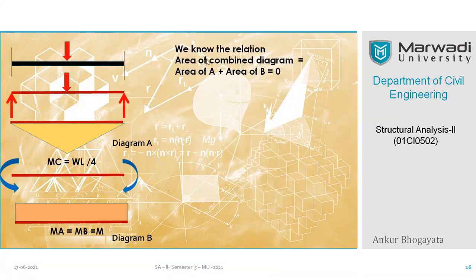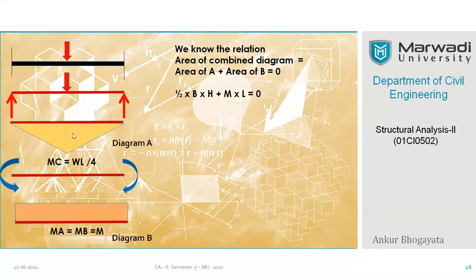We know the relation. We need to combine both the areas. The area of diagram A and the area of diagram B should sum to 0, right? So that summation should satisfy the requirement of the compatibility condition. So when you club them together, nothing should remain. When you club them together, it gives you 100% compatibility. Right? So that is how we can add both the diagrams together like this. The areas you have to add, please remember, the area, not the values. The area of diagram 1 and diagram 2 you have to club together.